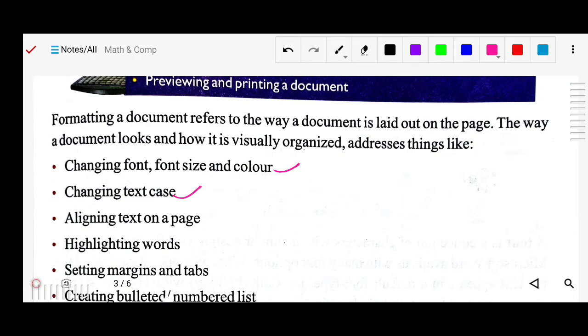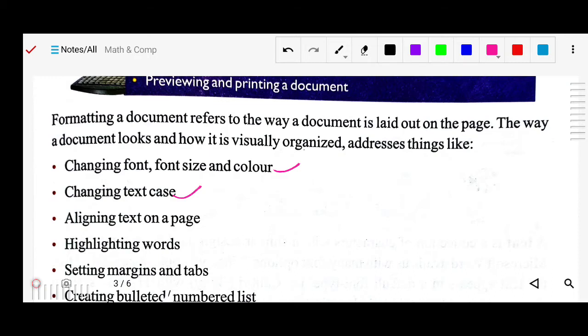Is it center, is it left, is it justified? That is the alignment of the text. Highlighting the words: you can emphasize a word by using bold, italic, underline.